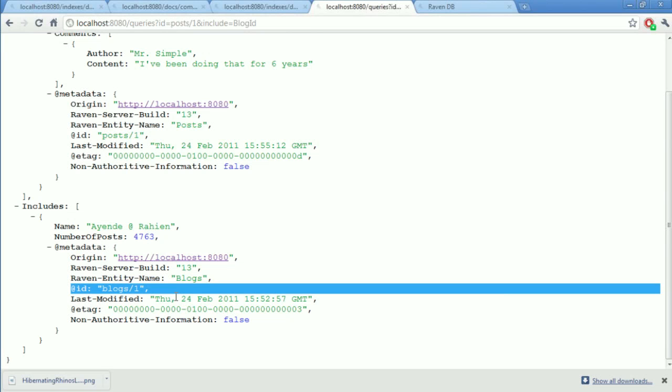The next one: you talked about document DBs being fast, but not necessarily up to the second accurate. Is this what they mean when they say eventually consistent? And is this something you can control in Raven? Yes and no. When you're talking about eventually consistent data stores, we usually talk about something that is even more loose than what we have with RavenDB.